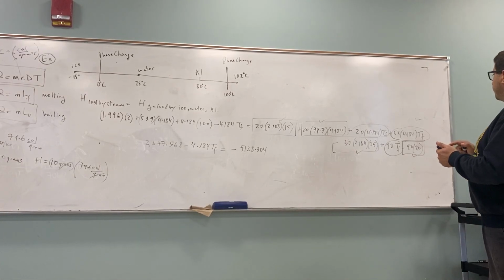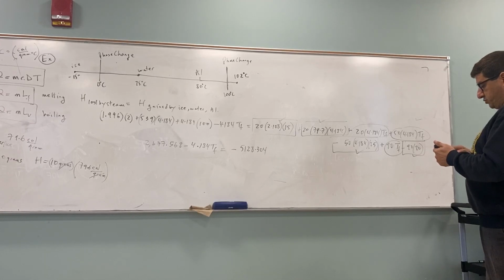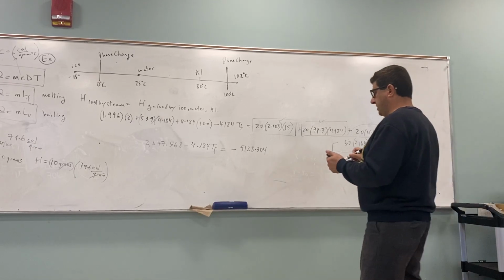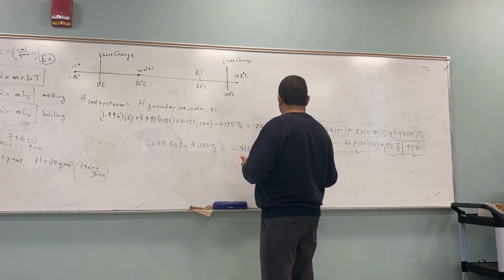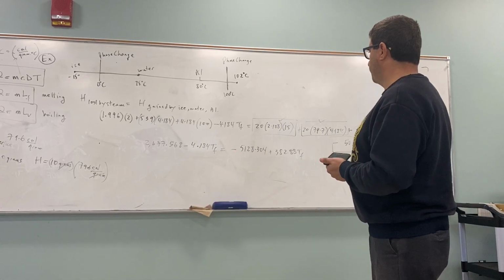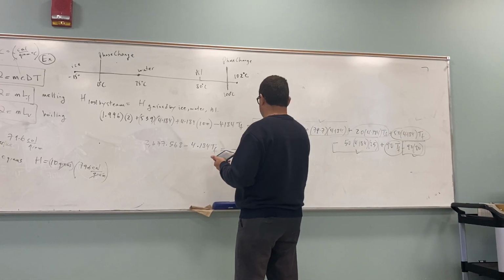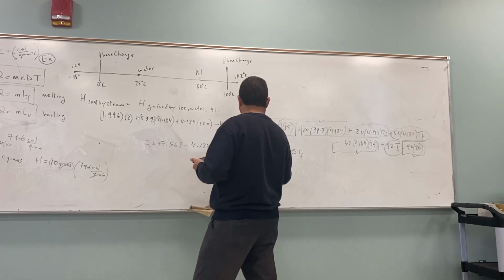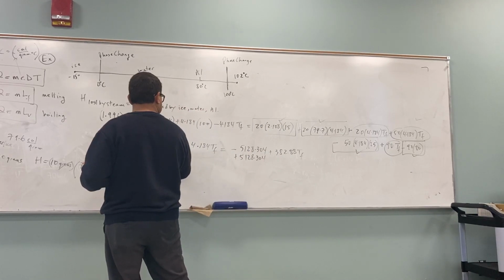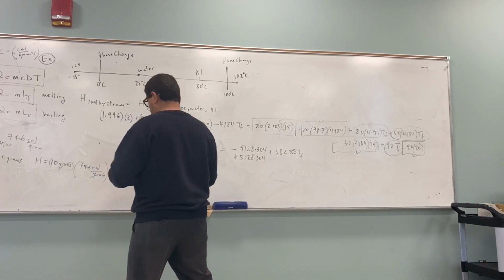So now you have 20 times 4.184 plus 50 times 4.184 plus 90. Okay, so 382.88 TF. Okay, after that, it's pretty easy. Just move this to there, right? So add 5128.304. Which gives me